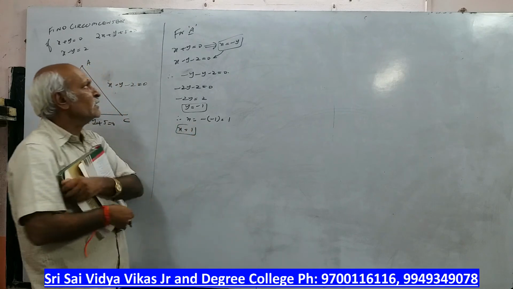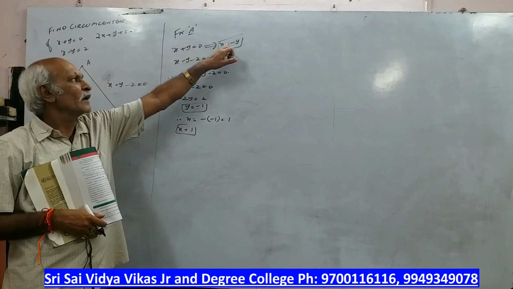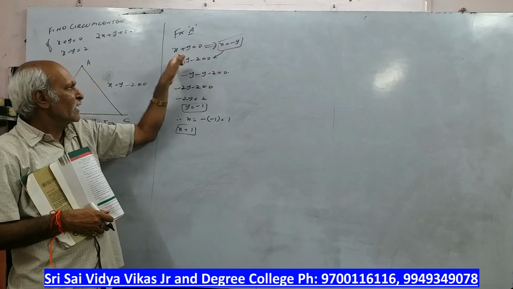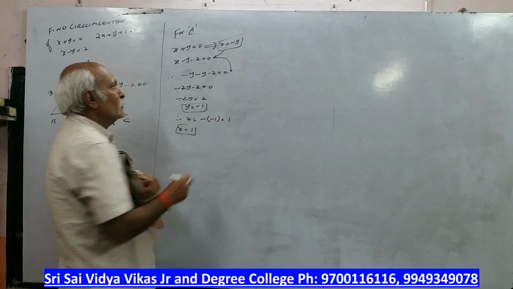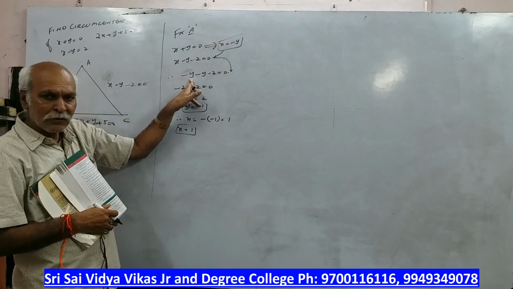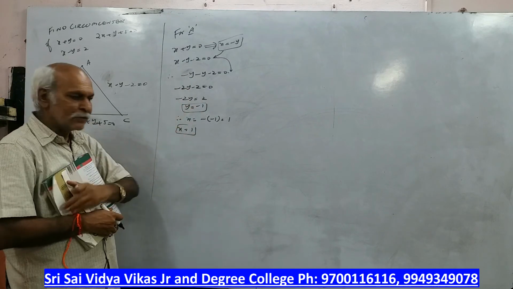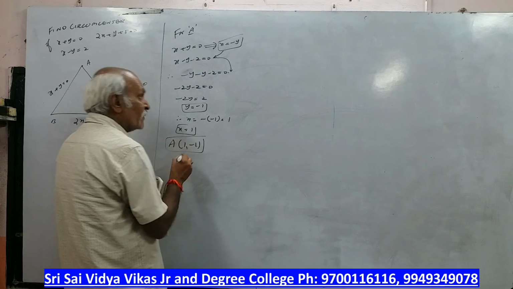So again I am explaining here, because x plus y is there directly, I can say x is equal to minus y. I am putting that value here. In the x place I can write minus y. Observe here. So here x is equal to minus y, minus 2. That's what I wrote. Then we got y value, then x value. Therefore a point is what, sir? 1 comma minus 1. Okay.